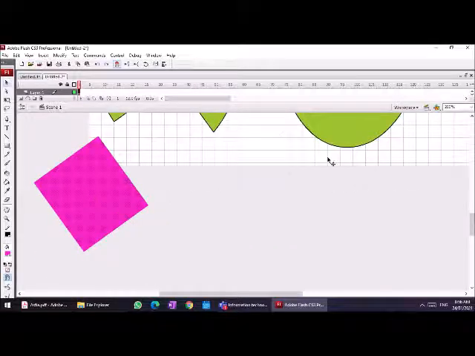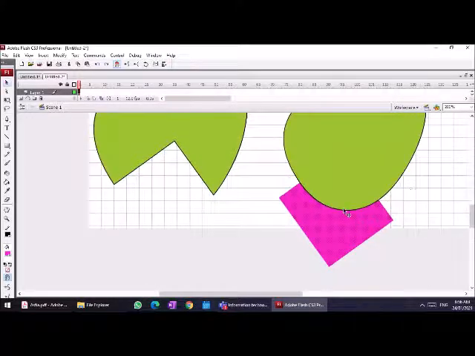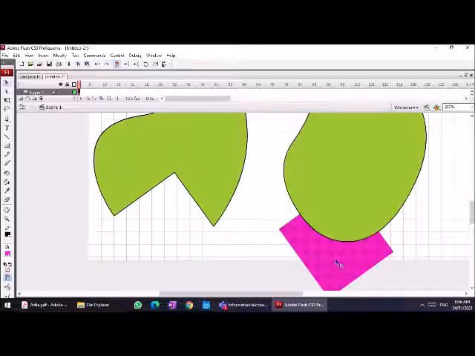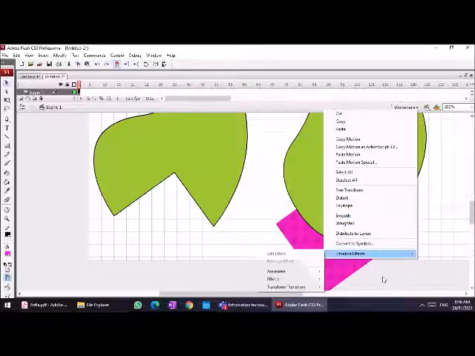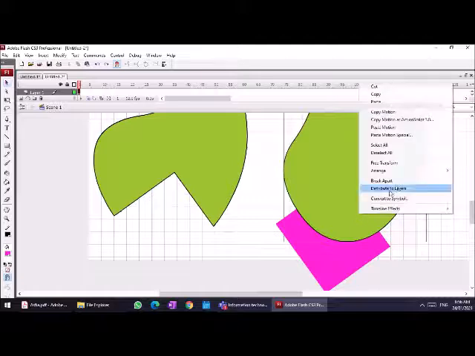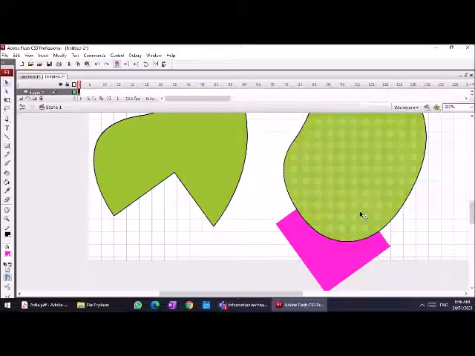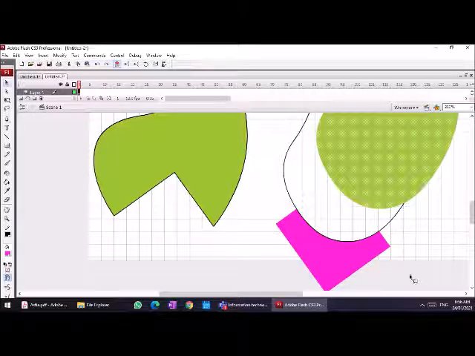Let's do it again for the object drawing. Now as you can see, because this was the object, we cannot do that with the object. If I break it apart, then I can do this.